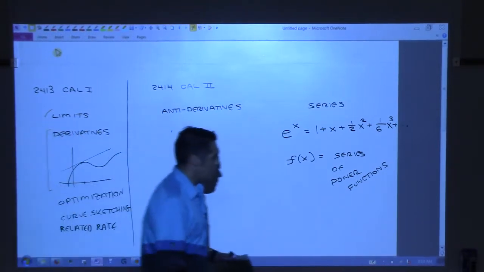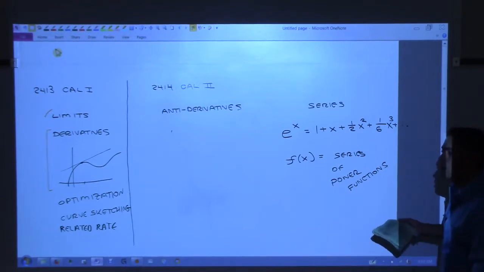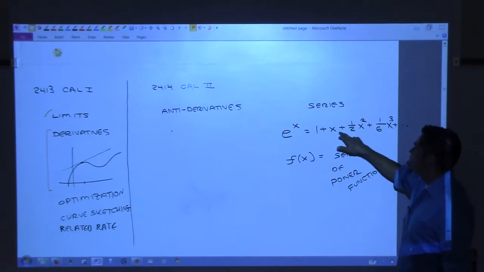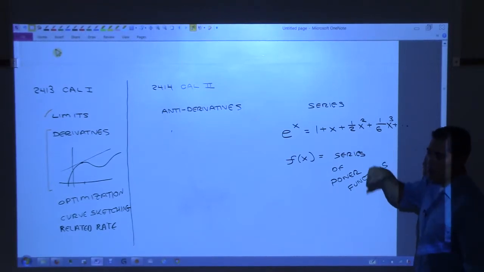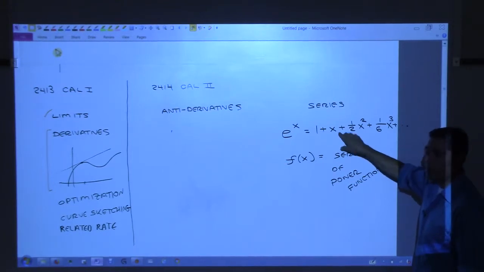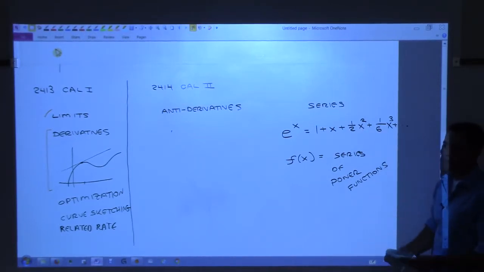Yes? So in that like 3 seconds of time, they do a bunch of those to figure out the series? What now? You're saying a computer that they do the... The computer will not figure this out. The computer has this preset in the memory. Oh, okay. So this has already been established. So when you type in e squared, it calls up this function and just plugs in, because your calculator can do arithmetic very fast, right? It can do these squareds, and that's multiplication, right? So it can do multiplication and addition quickly. So it just does that. Does that make sense? So it does all that just when you hit enter.